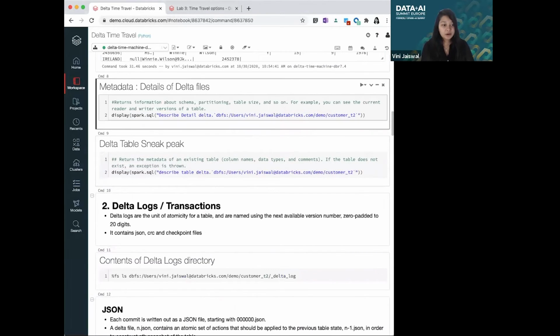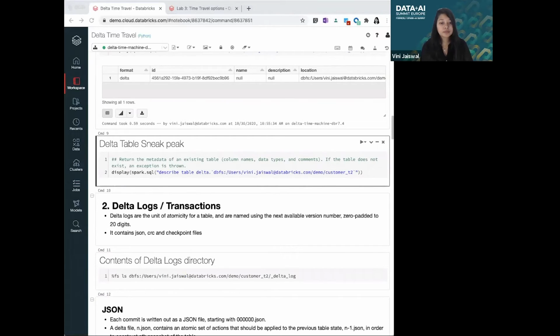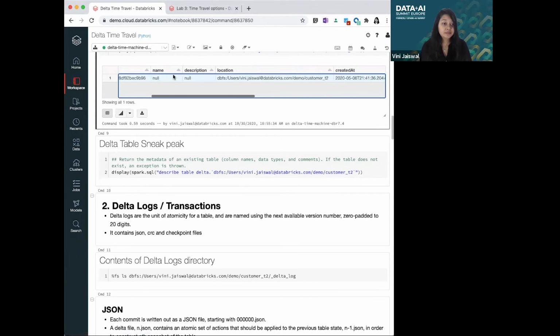Now let's look at the metadata of the file. All the metadata for a Delta table is stored alongside data, which is due to its self-describing property. Delta Lake also offers rich features for exploring table metadata. So you can see what format your data is in, the ID, the location where it is stored, what time it was created, what time it was modified, partition columns, which is very important for benchmarking, number of files, size in bytes, etc. This information is really critical to understand how big of a data you are dealing with and